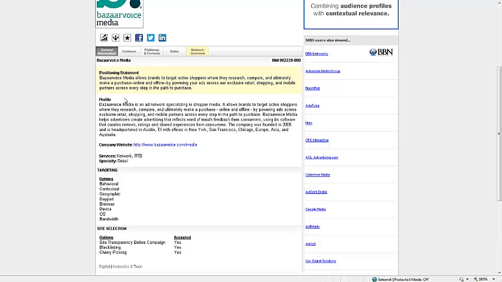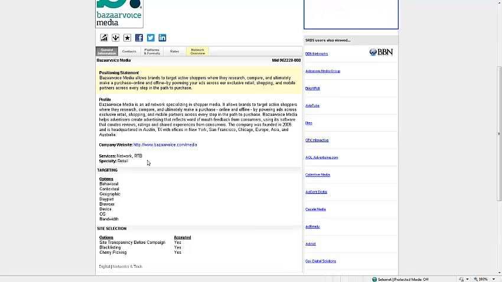It's a summary overview of the company's capabilities and what they have to offer. You'll be able to link off to the company website to gather even more information to help you as you evaluate this option, including viewing any testimonials they may have posted. Services that they offer will be listed, as well as specialties, and then additional data points that are going to vary from listing to listing.